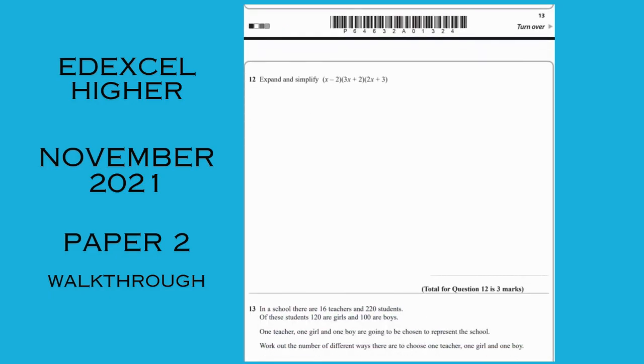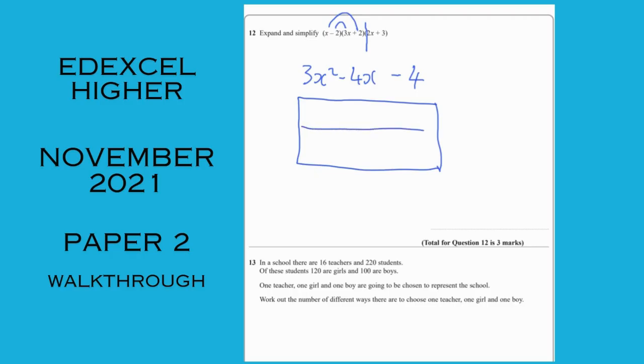Number 12. These are extremely popular. Any two brackets will do to begin with. So x times 3x, -2 times +2, and the x terms is -6x plus 2x, minus 4x. So I like to do smiley faces or loops for the first part, but because there's 6 sums for the second part, keep it safe,